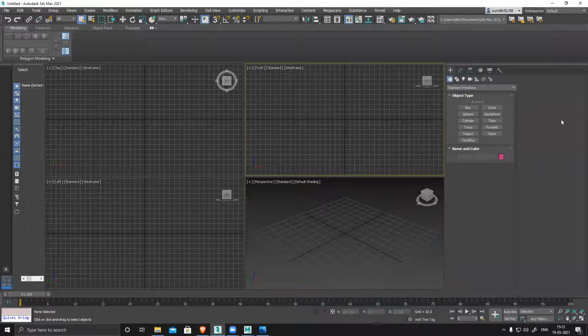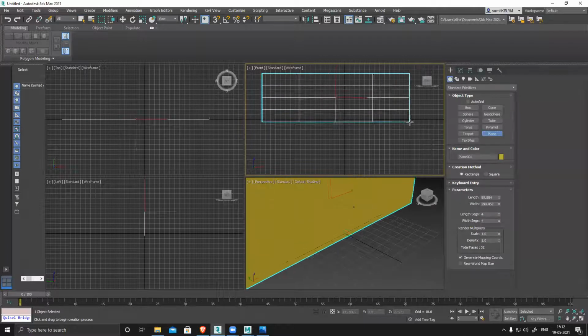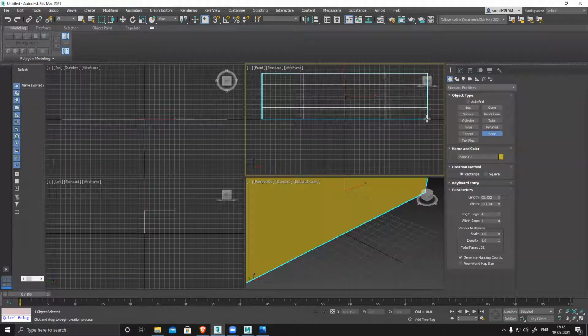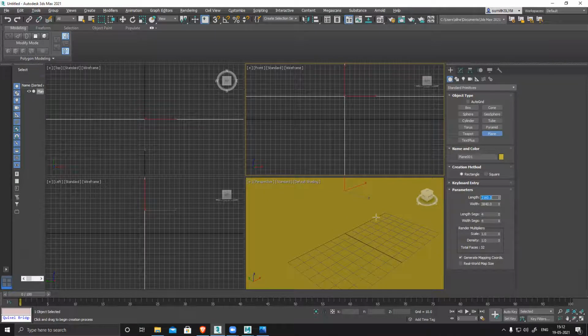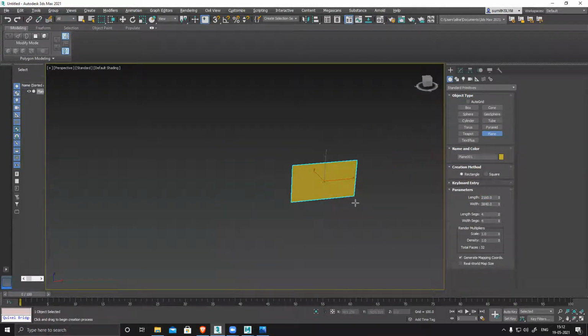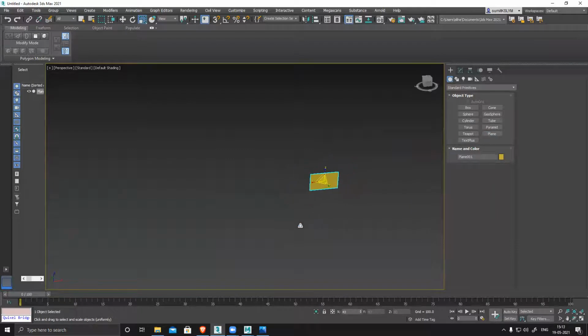This is my front view, a plane. Take a plane, and width is 3840, and length is 2160. So you can see it's a huge plane, really huge. So just to keep it simple, scale it proportionately. Make sure, because if you go to scale, you can see you have scale x and y only x. You will have direction. So use the first option, x, y, z, all directions together.